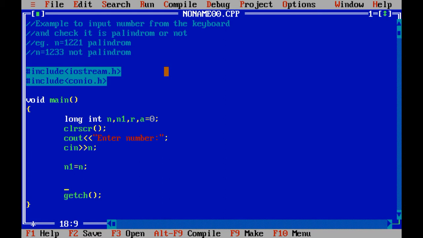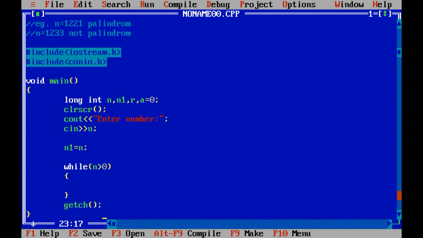So similarly we can write like this. Now while n greater than 0, up till that the loop is executed. Right now the value of n is 1221. So 1221 is greater than 0, the condition is true, that's why it will go inside the loop.